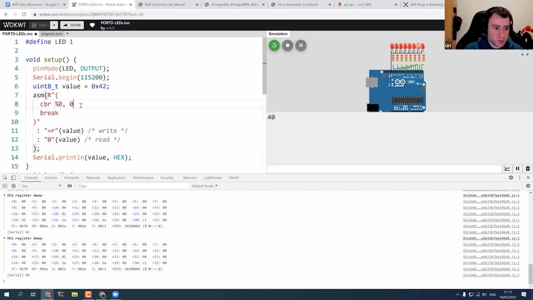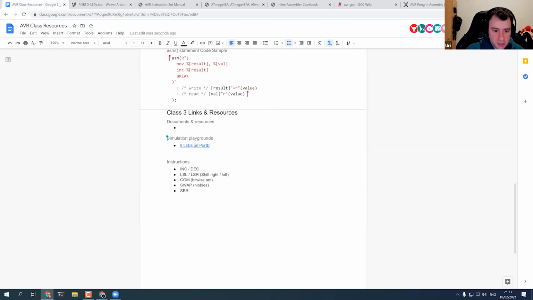And we can also clear this bit. So basically, CBR with this mask will clear this bit, the 40 hexa. That's the second most significant bit, and we will be left with 2. So CBR is just